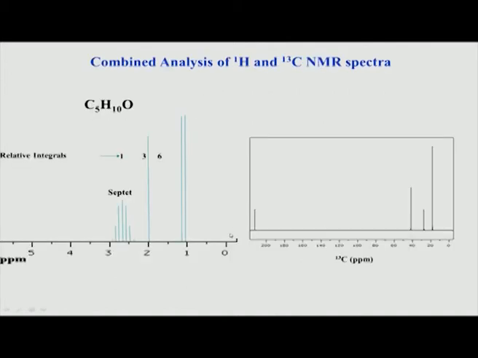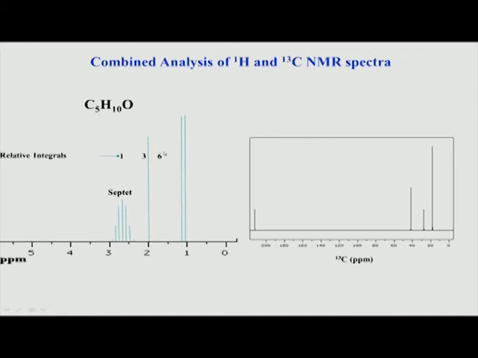Now let us look at the last aspect, where we are given a molecular formula. Again, this is an example which we have already seen in the hydrogen proton spectrum analysis. Now we are going to add information on top of that. We already had the proton spectrum and analyzed based on that. Now I am going to add only one more spectrum to this example and see whether the structure we got is confirmed by the carbon spectrum. So, this is the structure, this is the molecule.